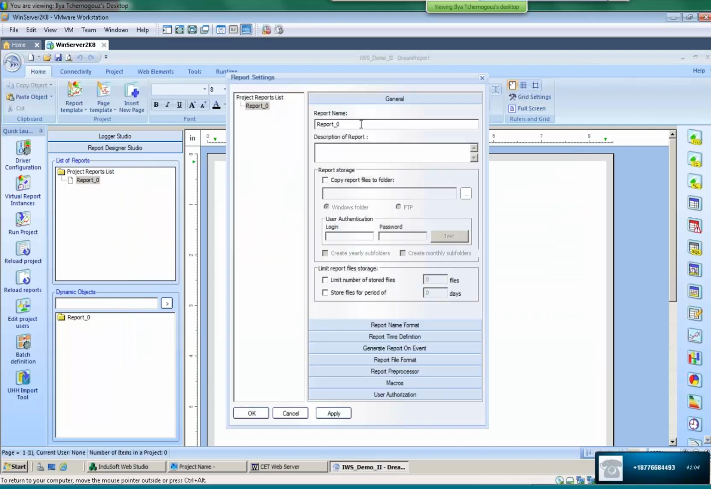I will name my report production report. And as you can see here, we can store the data in some specific location in a Windows folder. We can also put some data inside the FTP. If we store the data inside the Windows folder, we can organize and sort it by year,